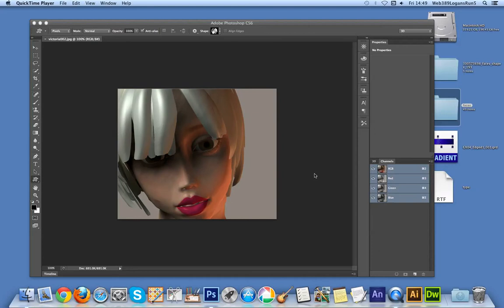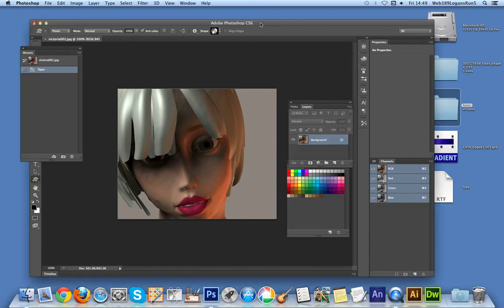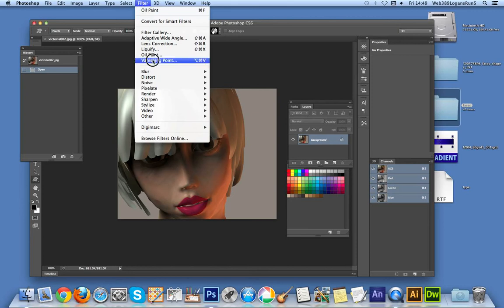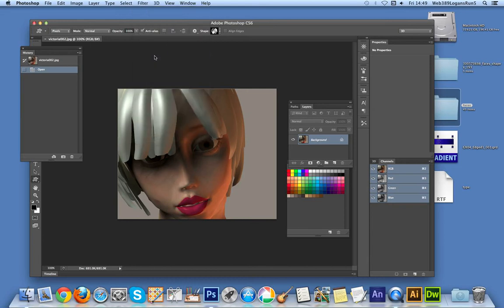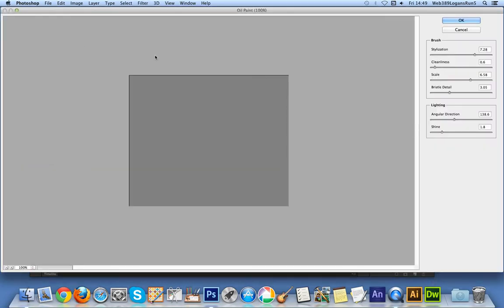This is a tutorial for Photoshop CS6 and the new oil paint plugin. Now, with the latest version, Photoshop CS6, a new filter came in, and it was found in the filter menu called oil paint. Now, if I've just got an image up here, I'm just going to quickly apply the oil paint filter, comes up with a